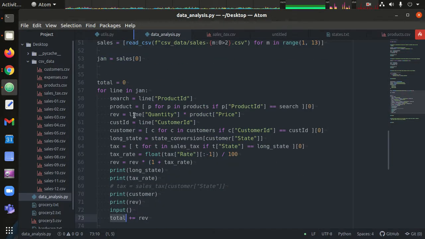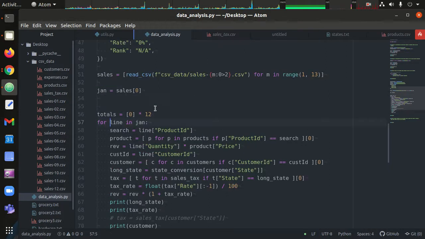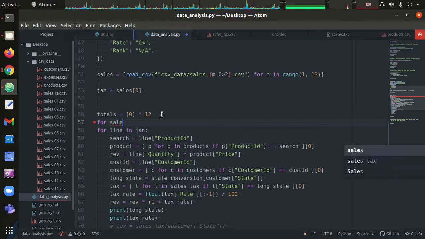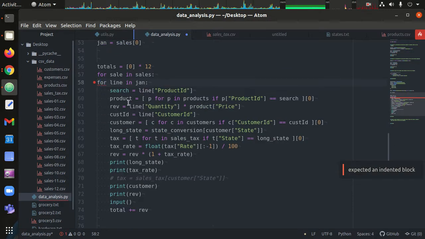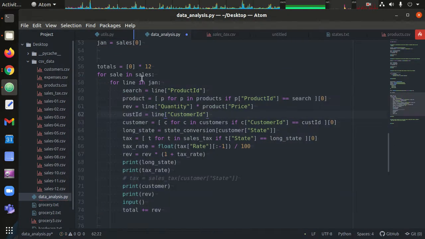Right. So for each month we want to find a total. So we'll say totals equals a list. We'll start them all at 0. All right, and then for each sale in sales, we're going to do this for each line in January. And all of this becomes indented now. And so for each line in sale, so sale is one particular sale month,